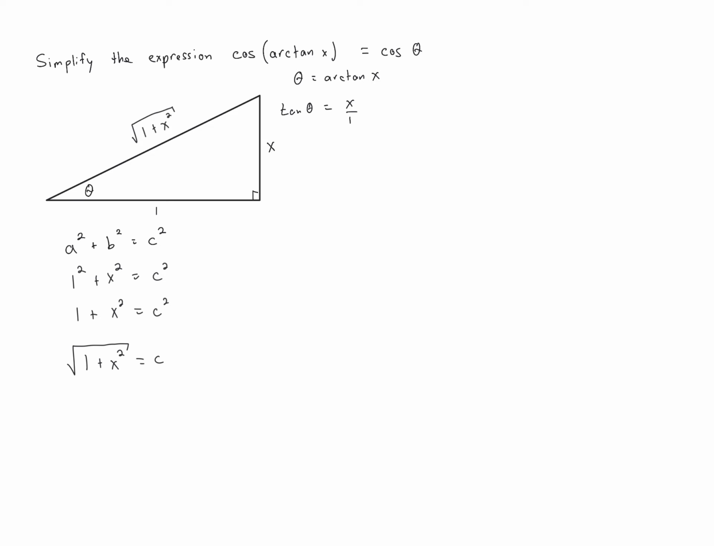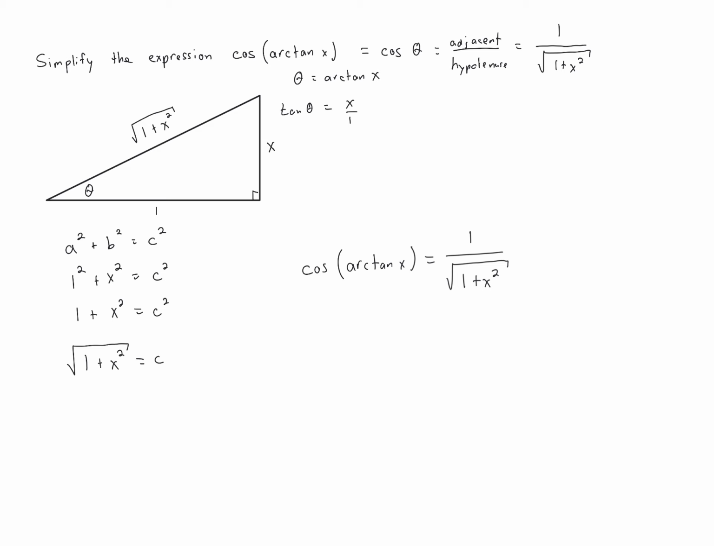And then we know that cosine of an angle is adjacent over hypotenuse. And so that is going to be 1 over the square root of 1 plus x squared. So that means that cosine of arctangent of x is equal to 1 over the square root of 1 plus x squared, which might be a